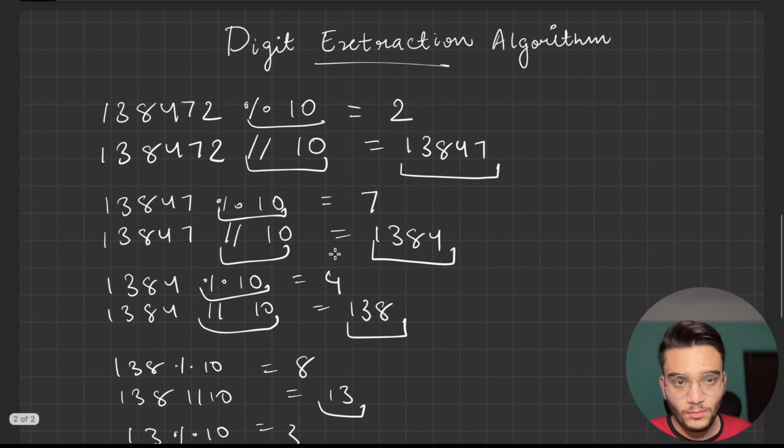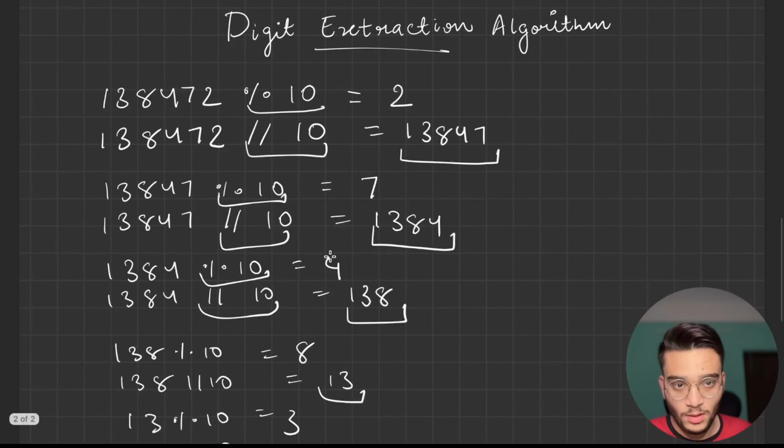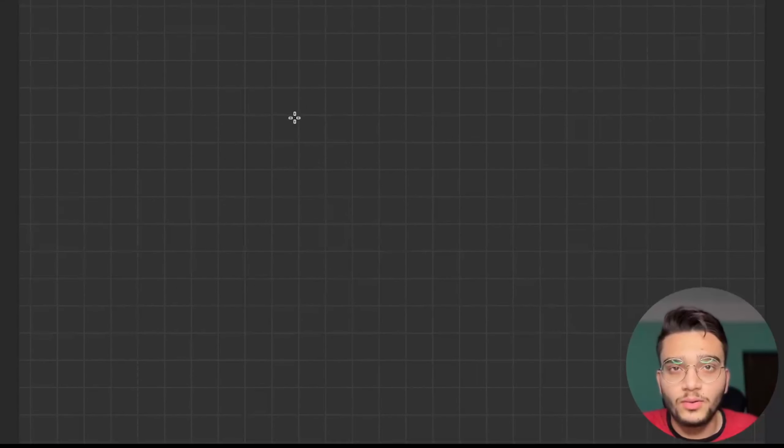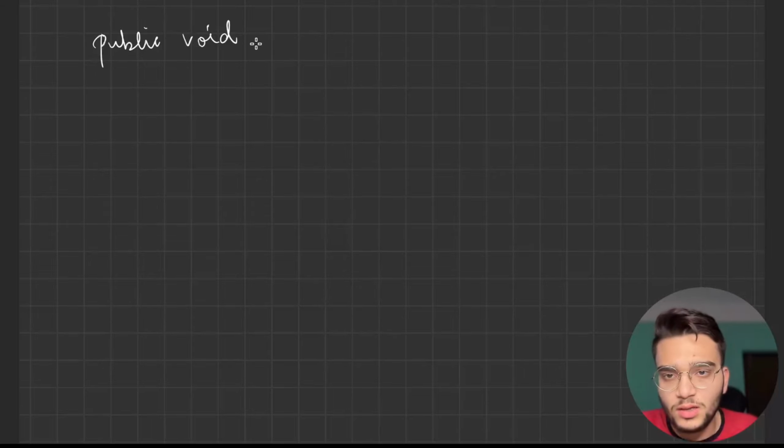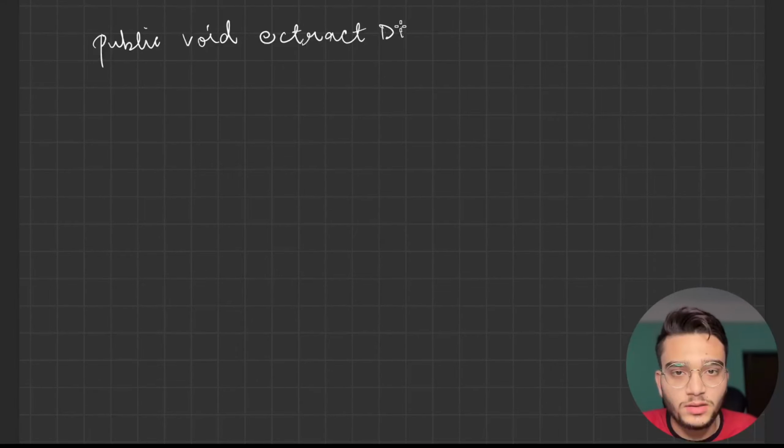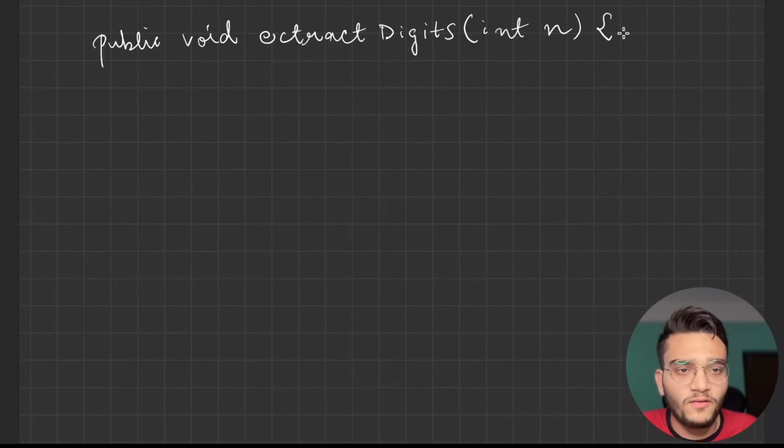So how can we express this in code? Let's see how we can express this in code. So we are going to call our function extract digits, which would return nothing. We just want to print the digits. This would take a parameter which would be an integer, which is the number of which you need to extract the digits. Then we would say while our number n is greater than 0,